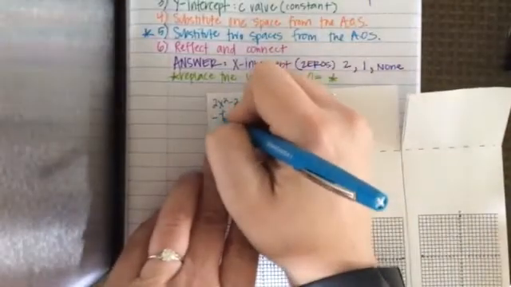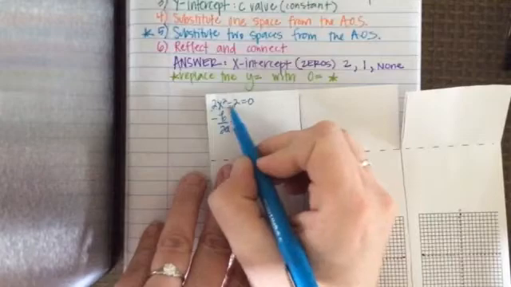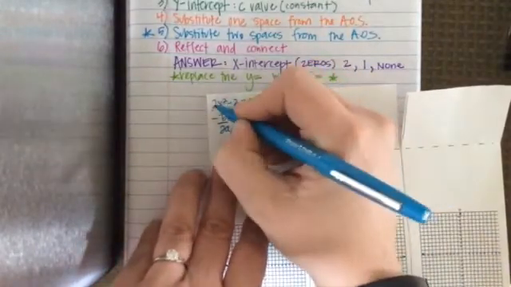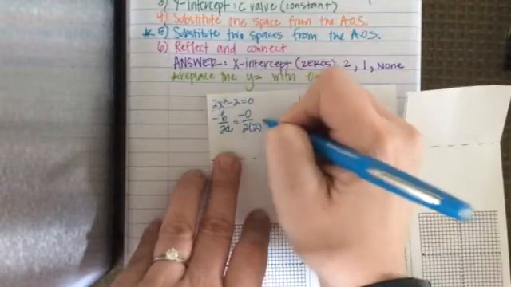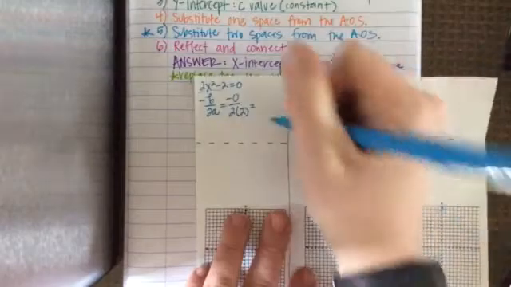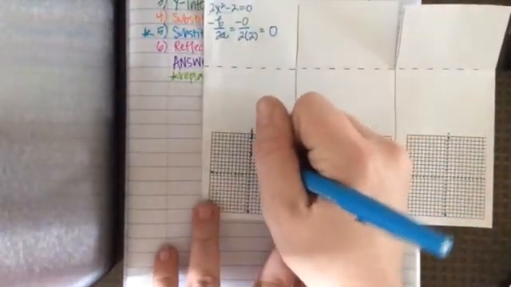So negative b over 2a. My b value doesn't exist, so it's negative 0 over 2 times, and my a is 2. Remember, we discovered that anytime your b value is 0, your axis of symmetry is automatically 0. So I go down here,